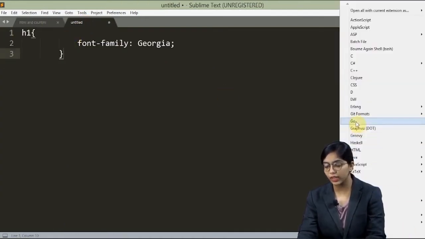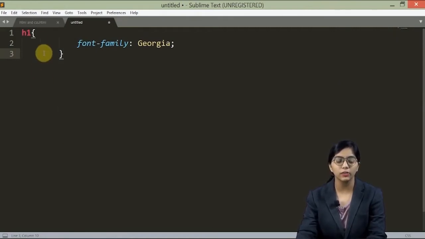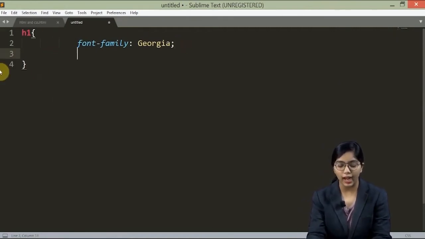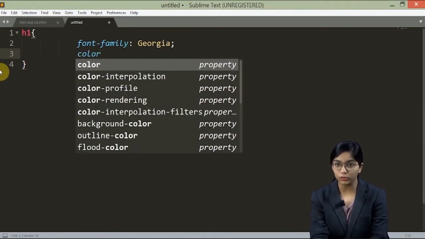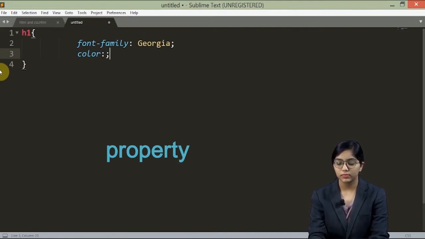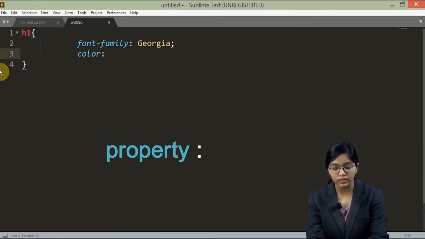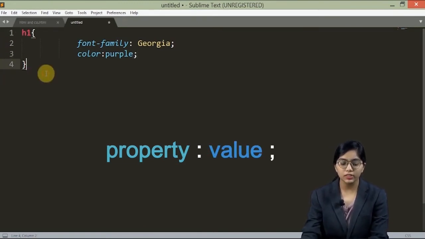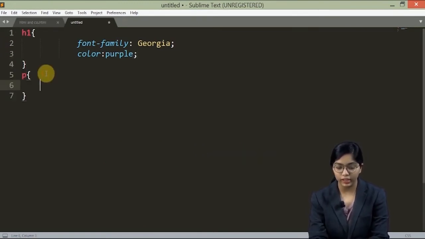Now let's declare that it is a CSS file again. Let's also add some property. How do we add a property? The property name, then a colon, then the value, and a semicolon. Let's add a property for paragraph as well.